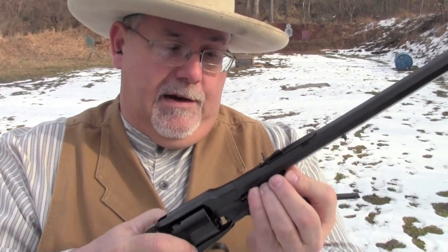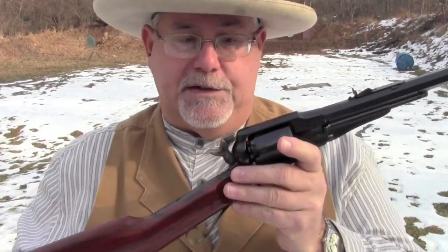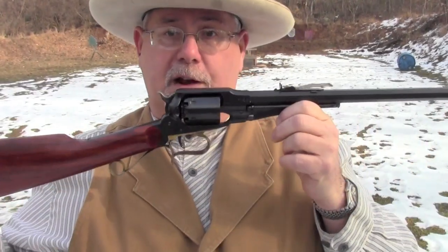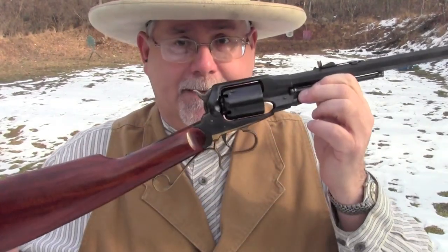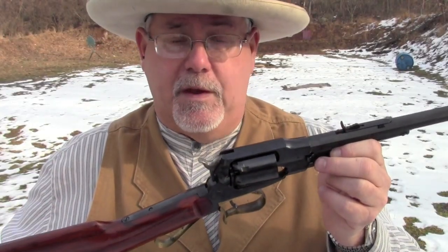Now, the problem with this gun is Remington knew it needed a repeating rifle after the Civil War, and its main competition in that regard was Winchester. But they really suffered from a lack of vision. So what they came up with was essentially obsolete technology. Now, a lot of these were done as cartridge conversions, but compared to, say, an 1866 Winchester Yellow Boy, these guns just couldn't stay in the fight as long. They weren't as versatile,